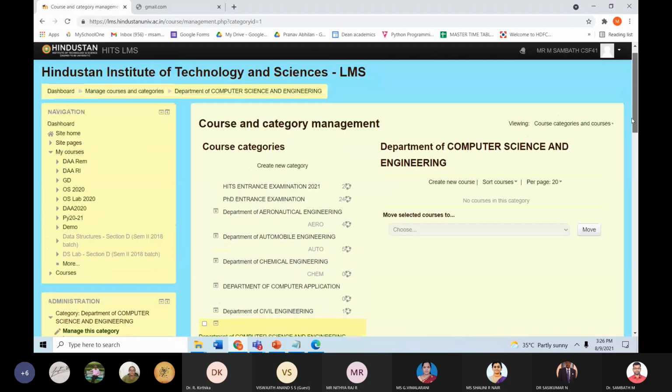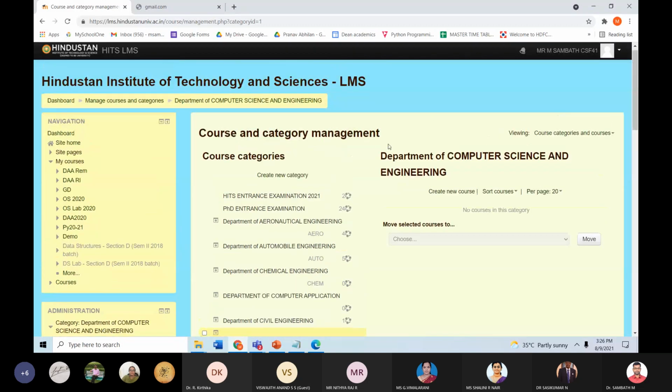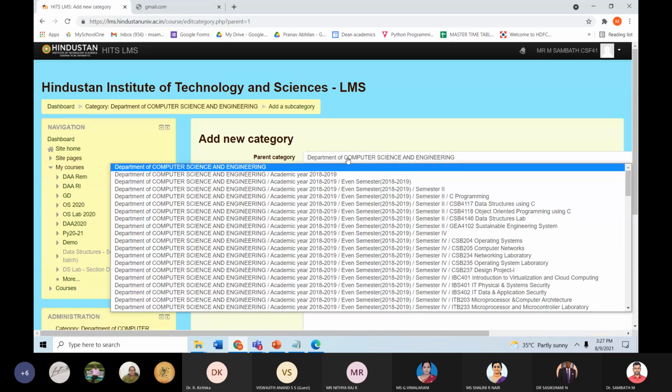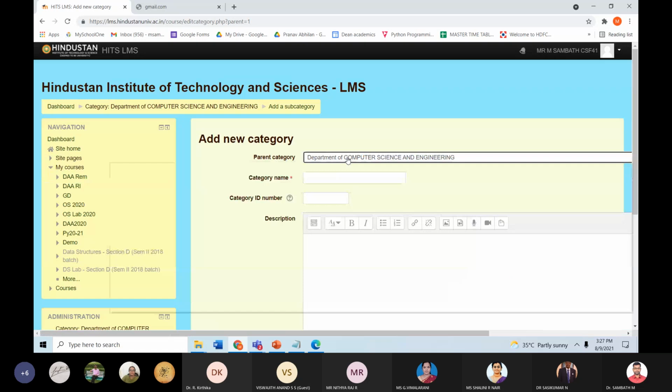Now your job is first to create a category. Why I am telling you to create the category is because you are going to put the courses semester-wise, like odd semester, even semester. So for that you need to create some folder kind of thing. First, create new category and check whether the parent category is your department, Computer Science.